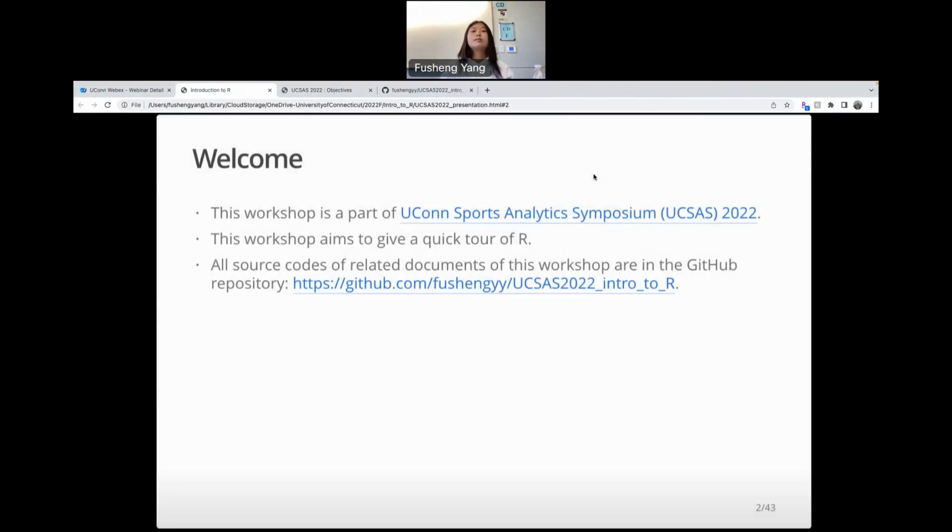Okay, this workshop is part of UConn Sport and Analytics Symposium 2022, and this workshop aims to give a quick tour of R. So for any information you need,